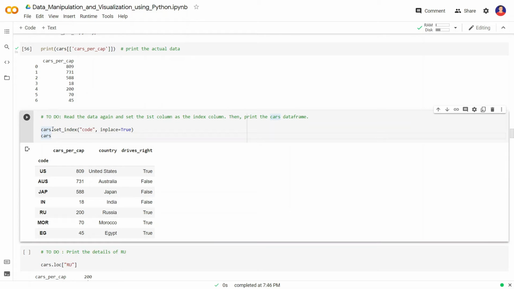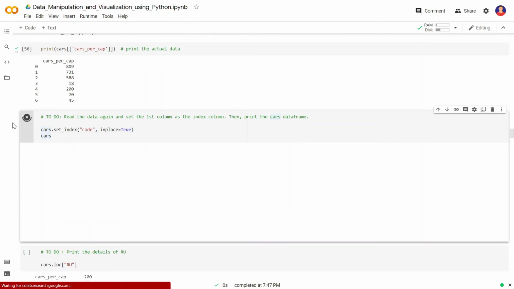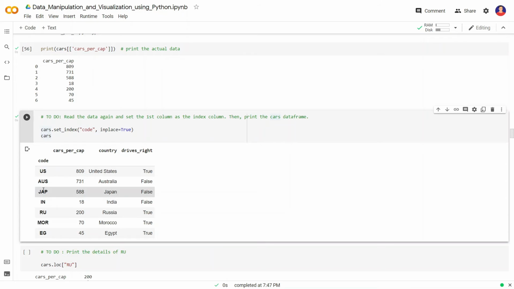We are using the data frame's set_index, specifying the column name that will be the index, with inplace=True so that it affects the original data frame. Now if we run it, we get the code column as the index column.